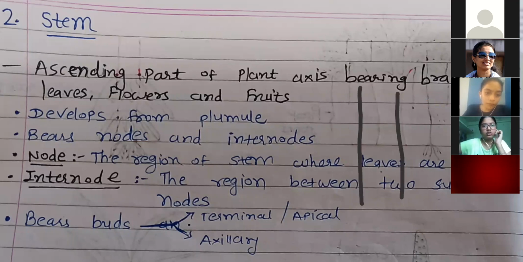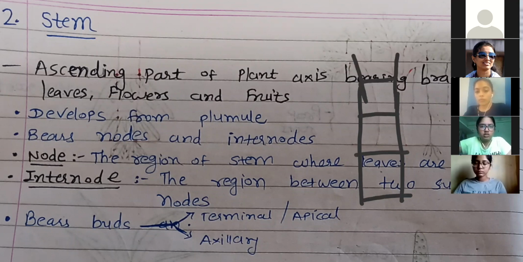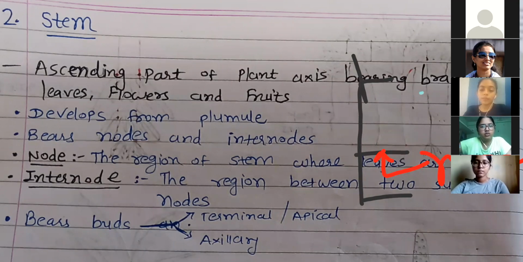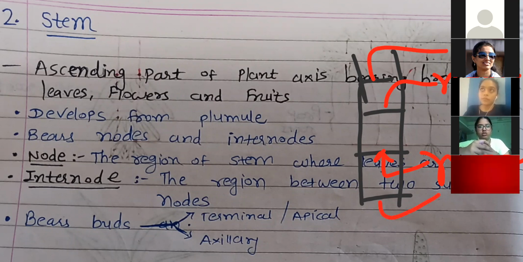Suppose this is the stem, as we have seen in sugarcane, even in a bamboo diagram, if you remember, that at a certain distance, this type of demarcation points are there, right? These demarcation points we call nodes. This one is a node. This is the node. This one is also a node. So on a stem, this is a particular feature.